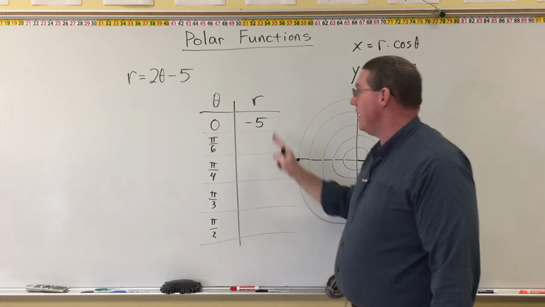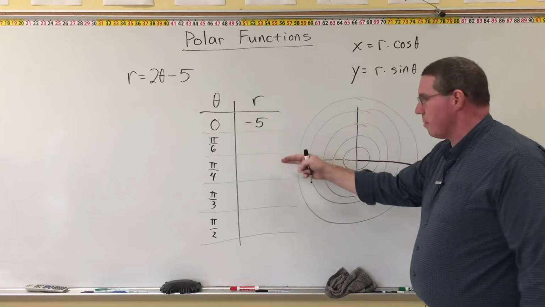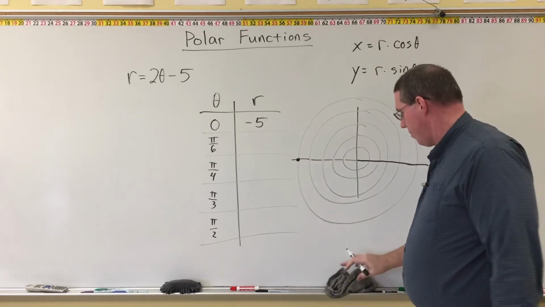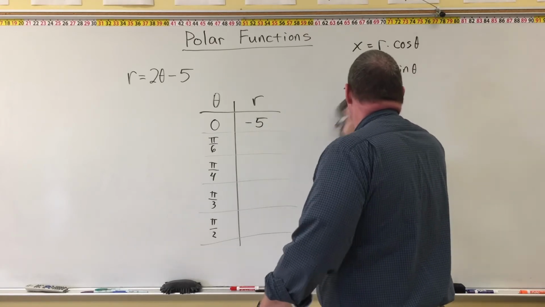Okay, that's what a negative radius means. It means linearly go in the opposite direction that distance. Okay? All right, so now we're going to plot